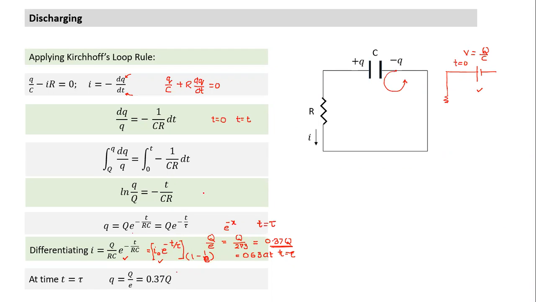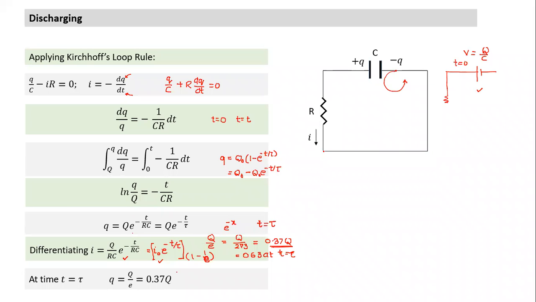All of you understand what the current was? How do you find current in case of charging? For charging, what is the equation? Q is equal to Q0 times 1 minus e raised to minus t by tau, which is equal to Q0 minus Q0 e raised to power minus t by tau. If I differentiate, both will have the same derivative. One will have a positive sign, the other the opposite sign. So whatever current it had during the charging process, at the same time during discharging it will have the same current.